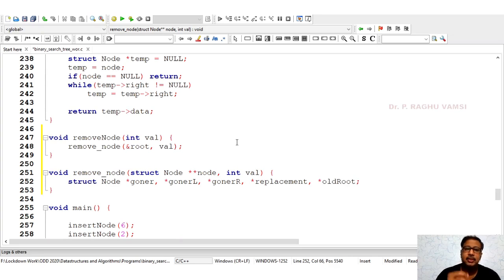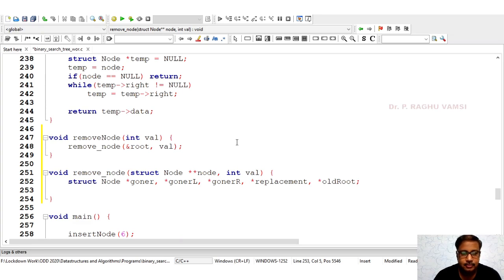We are always keeping the old root value while traversing the tree. These are the temporary pointers that are required for performing the deletion operation using iteration.